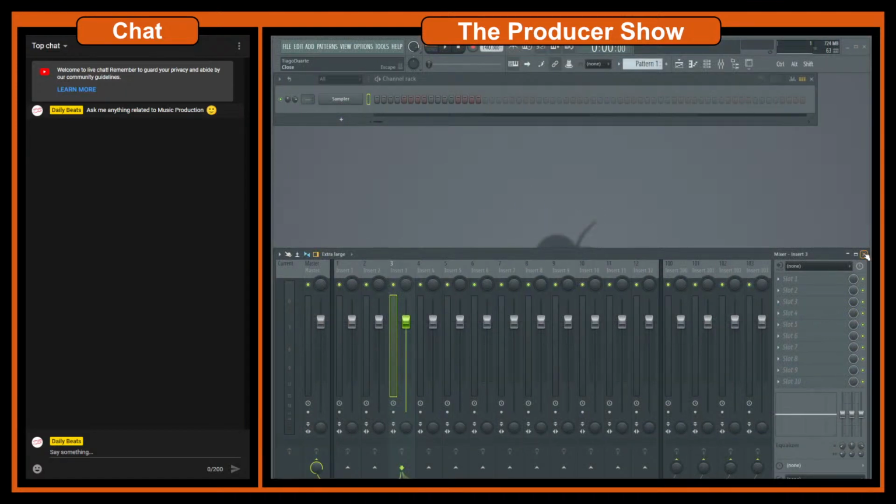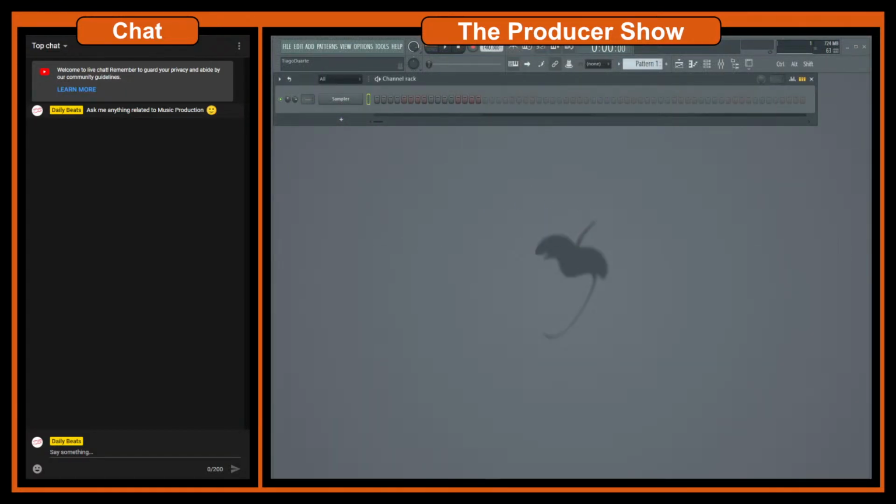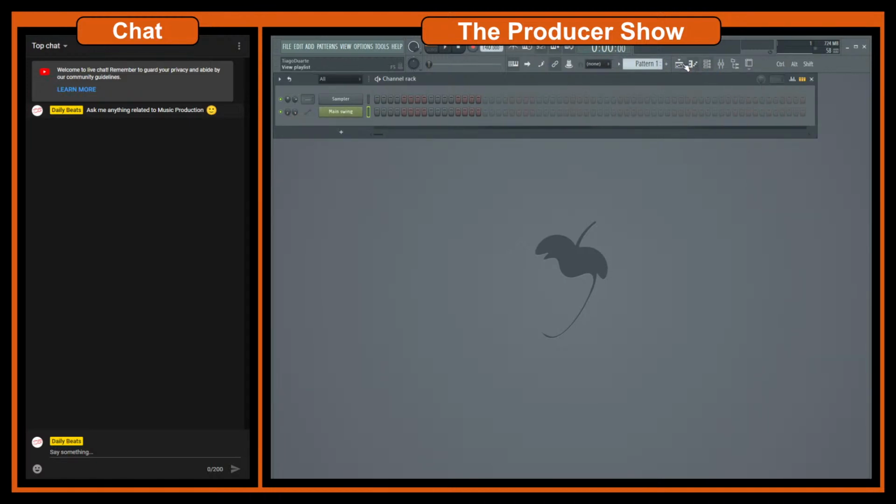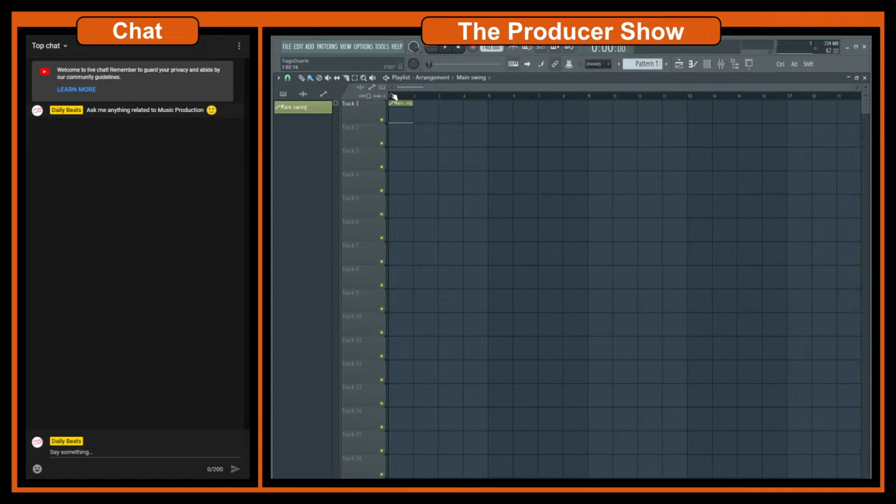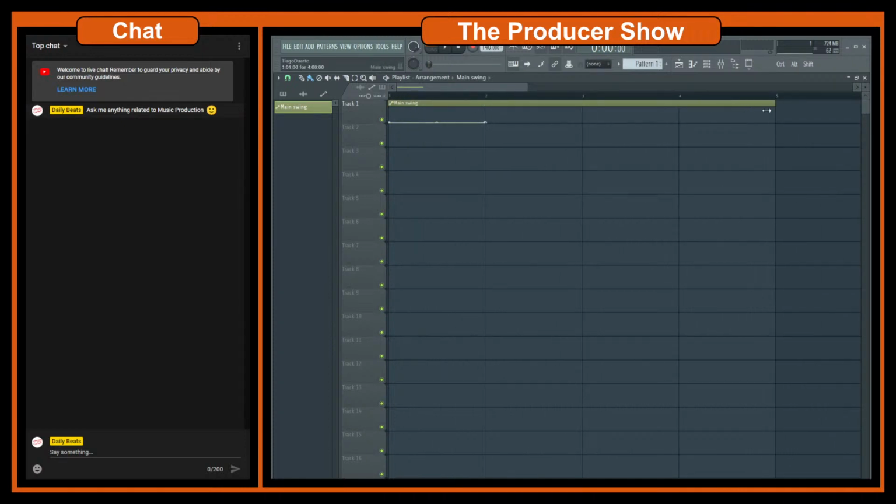So here in FL Studio, let's talk about automating parameters in third-party plugins and also in FL Studio. In FL Studio, the best way to automate plugins is by right-clicking on something, and you will have an option, Create Automation Clip. That's it. That's the most simple answer. You right-click on something, and you go here, Create Automation Clip, and if I go to the playlist, I now have a clip that I can move around,